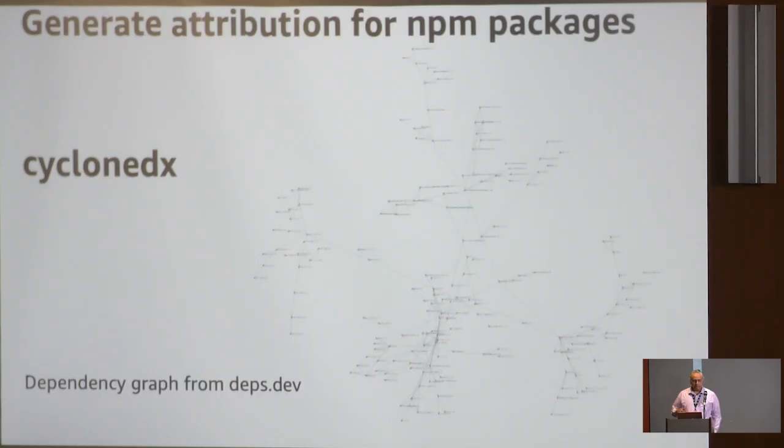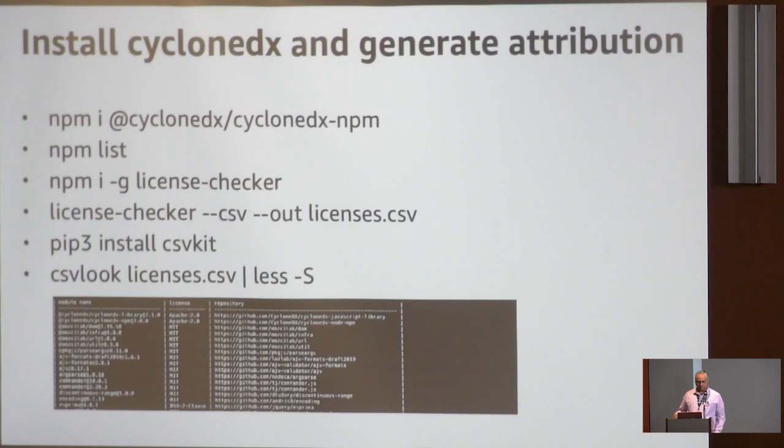That's for the Python. I did somewhat similar work for NPM. There also I used the NPM CycloneDX package, and for that I had to install NPM and an NPM license checker, and then again CSV output for that. Here in the Linux system, when I was trying to get NPM,